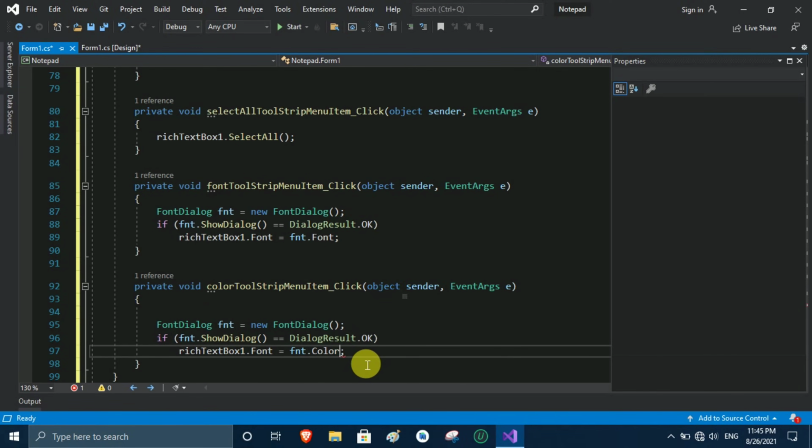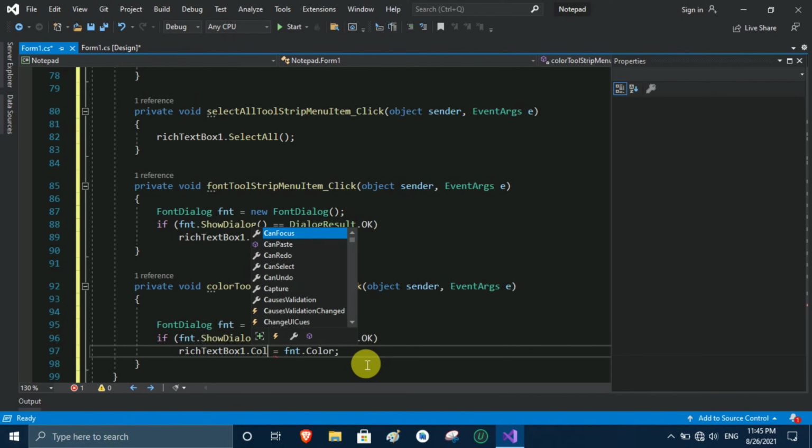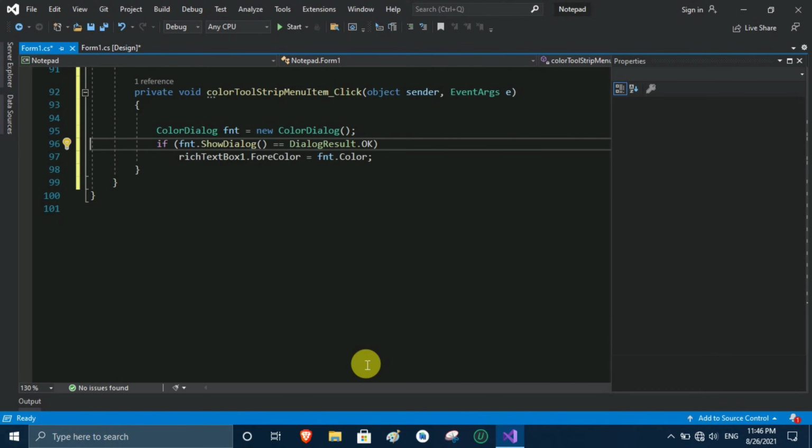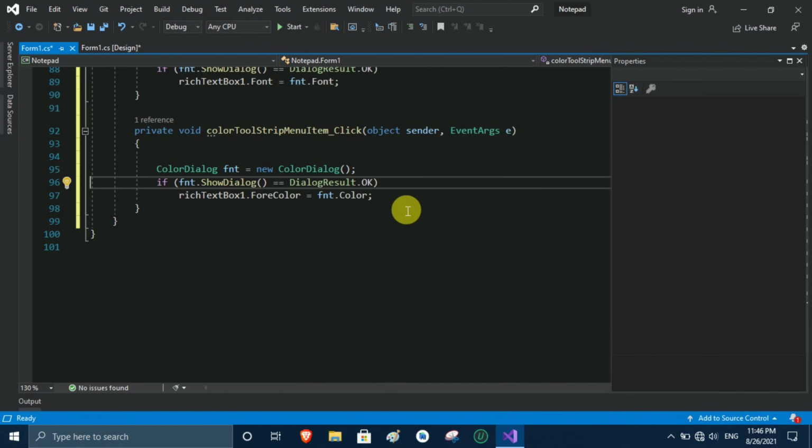And in color we do the same and change the font to color, and here rich text box 1 dot font color we have to choose, and in font dialog we have to choose color dialog. Okay, so I write color, and here also we have to write color, so I remove the font and write color. Then we have done all the things to make our notepad.